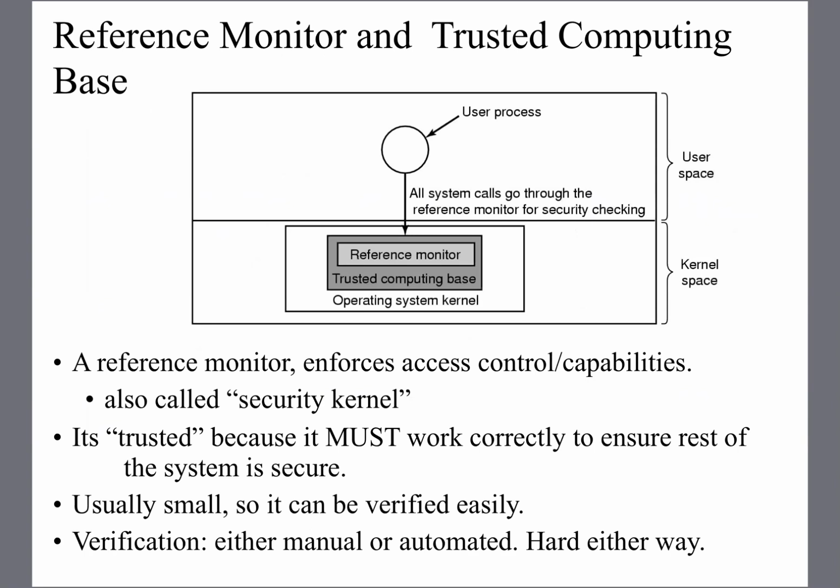So this is at the very least what an OS should do. Remember when we talked about all the responsibilities of an OS, we looked at things like multiplexing and managing user state. But one of the key roles of the OS was managing access to resources, right? Protection of the hardware resources, of users from each other, and so forth. So if you take everything that an OS does, and you separate out all the various components that deal with security,